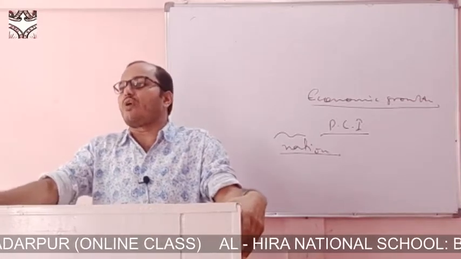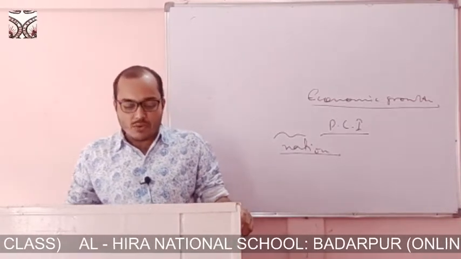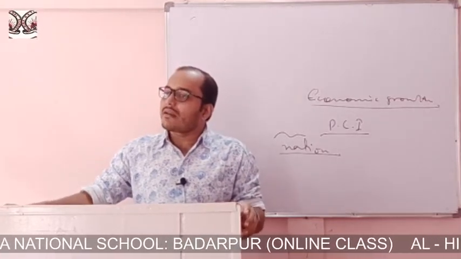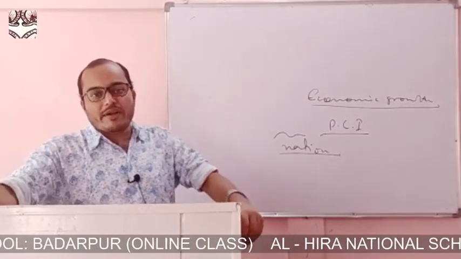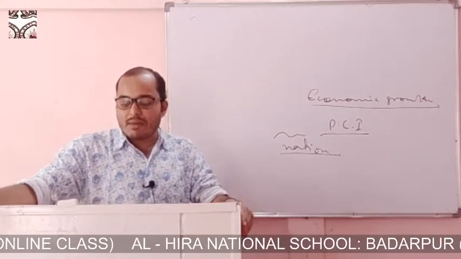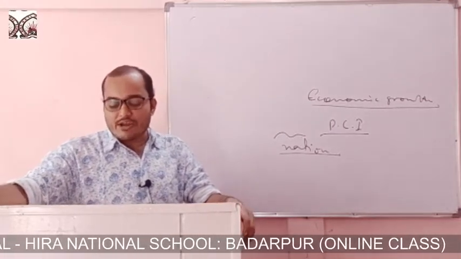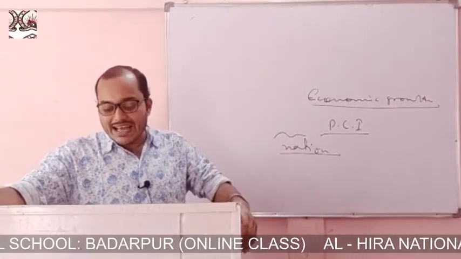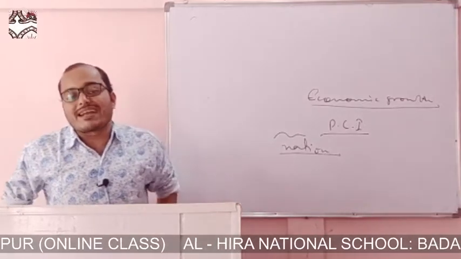When people have all these diverse choices, then human development will take place. Now in the year 2010, three new concepts of human development were introduced. Number one is the inequality adjusted human development index, the second is the gender inequality index, and the third one is the multidimensional poverty index. Now what are these three?